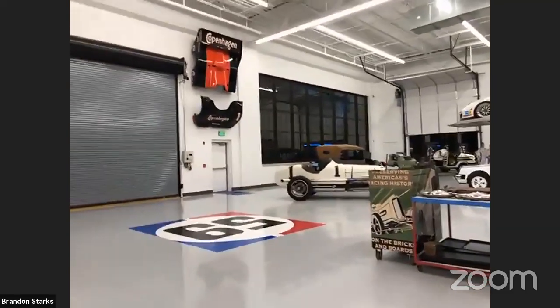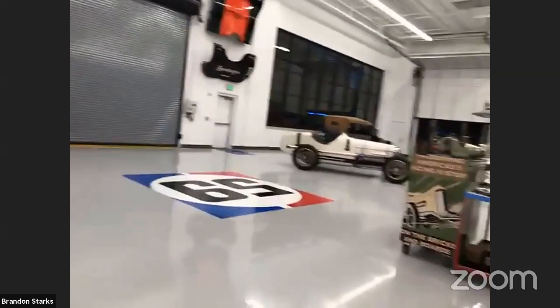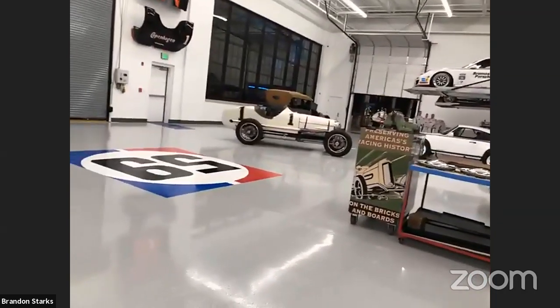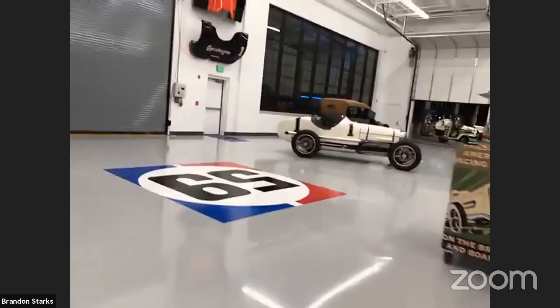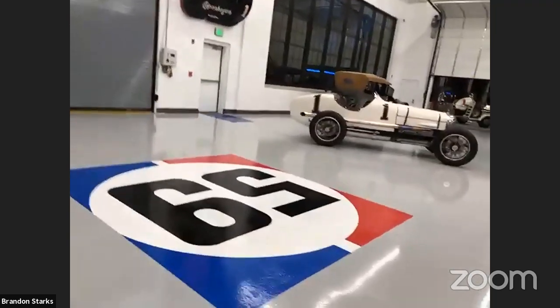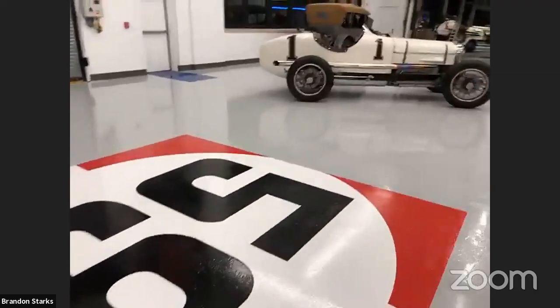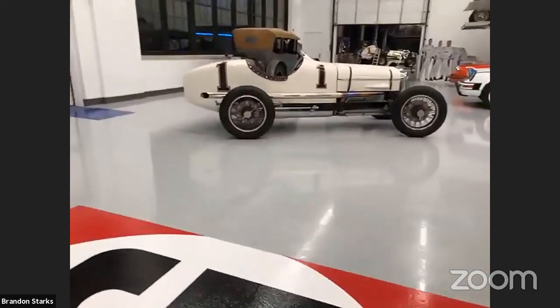Makes sense. So how many techs work in your shop? We have two full-time right now and then a part-time. We may get up to three at some point. We're just going to see, we're still learning the flow of getting cars in and out of here. But for example, the Samson is ready to go back in